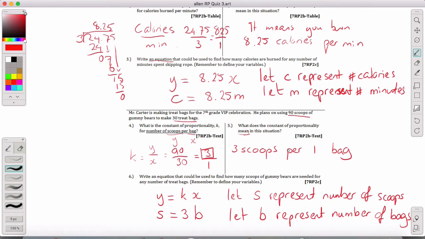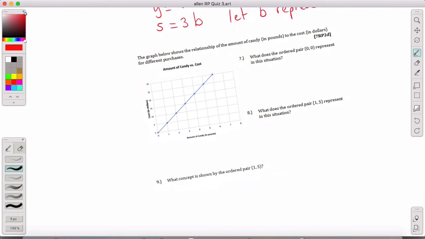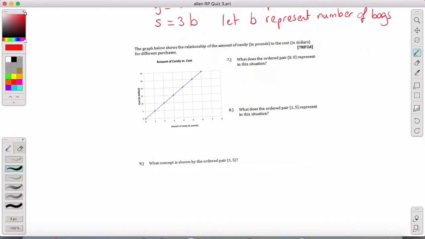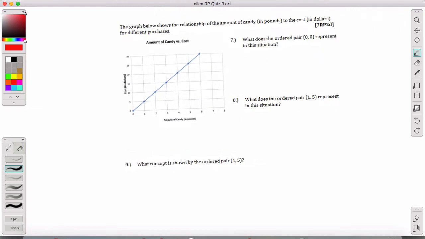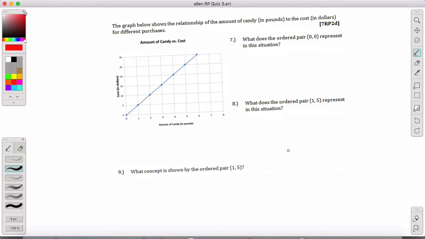Of course, you guys can write a lot more neatly than me, but I'm trying to do this quickly. Okay, sorry, it's a little crooked,